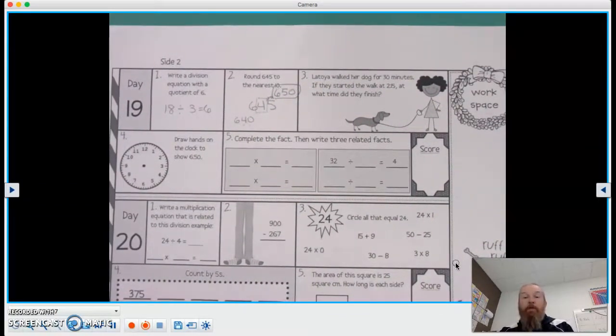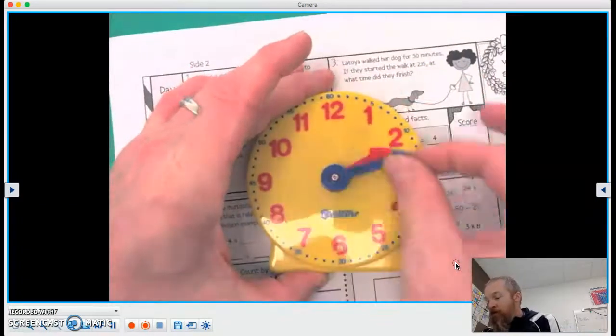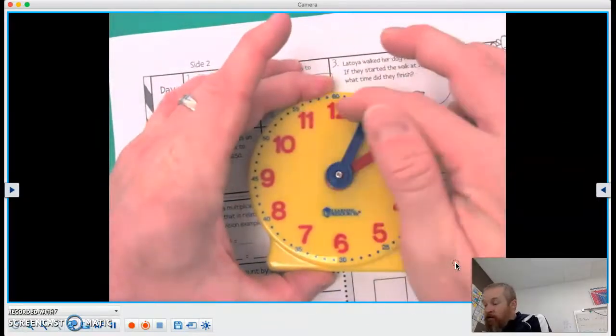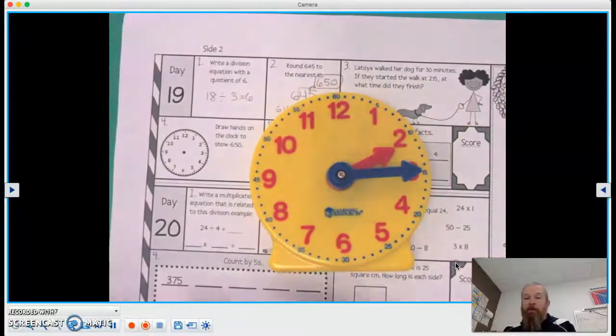Latoya walked her dog for 30 minutes. If they started the walk at 2:15, at what time did they finish? So let's move our clock back to 2:15. So there's 2 o'clock, 2:15. Okay, so we're at 2:15,